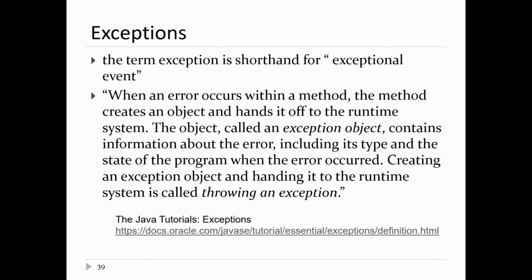Okay, so we've talked about exceptions a little bit in the course before. In Java and in Python, and in many other modern programming languages, there are these things called exceptions. This is just short for exceptional event. This is a quote from the Java tutorials on exceptions, which you can read by following that link there. So when an error occurs within a method or constructor, the method creates an object and hands it off to the runtime system. So exceptions in Java are just objects. So you make an exception object,